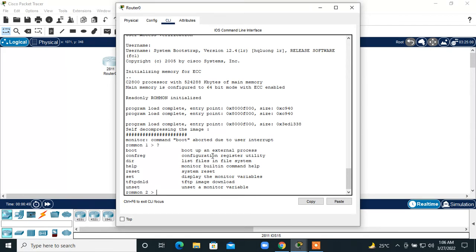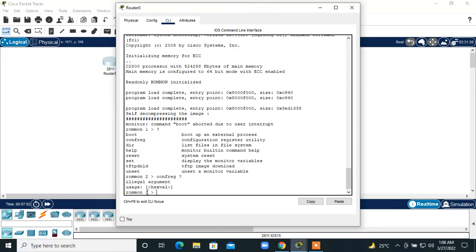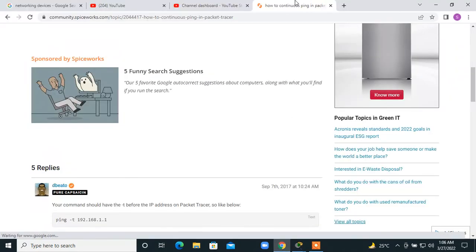So to reset the password, we are going to make use of this confreg command, CONFREG, right? And if I say question mark, then we have to put one hexadecimal value, right? As far as this hexadecimal value, what you guys can do is make a note of this hexadecimal value that you need to put here, so that you can Google it. I'll just take you to this Google Chrome browser,